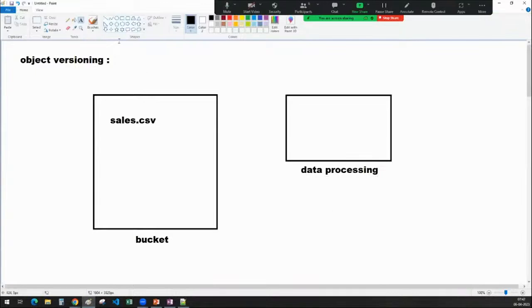Here you are doing data processing. For that, you need this file. You took this file from here, and you are doing some activity on it. What have you done, sir? You wanted to do some data processing, data cleaning on this sales.csv from this bucket. So you have loaded that file sales.csv from the bucket, nothing but Google Cloud Storage, to a data processing system. Once you have cleaned it, removed null values, removed duplicate values, after that,